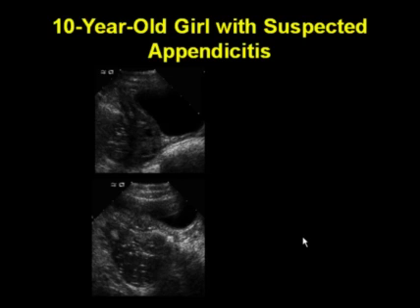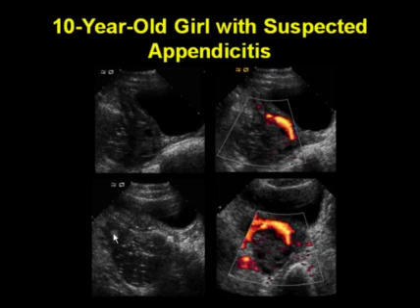Here's another patient where the appendix could not be definitively identified. This was a girl with pains highly suggestive of acute appendicitis, and here in the pelvis was this abnormal fluid collection abutting the ovary, but the appendix was not definitively seen. There was some question as to whether this might possibly be the appendix, but it could never be really well demonstrated. Here we see with power Doppler that there's some increased flow at the edge of this fluid collection. Here we see the ovary adjacent to the fluid collection.